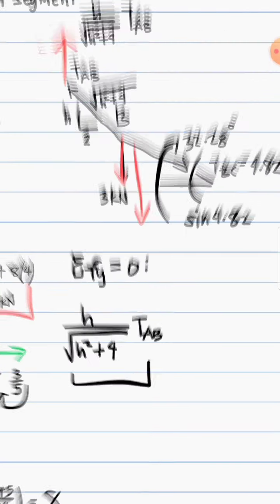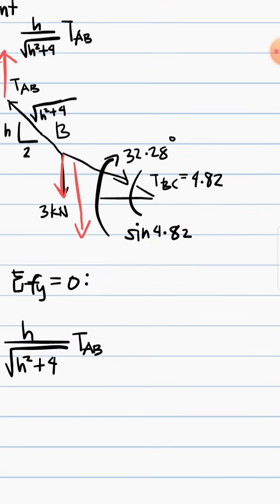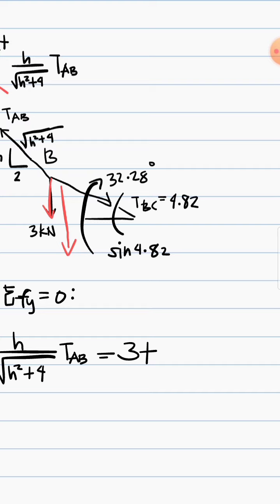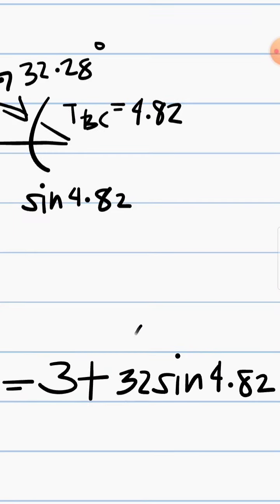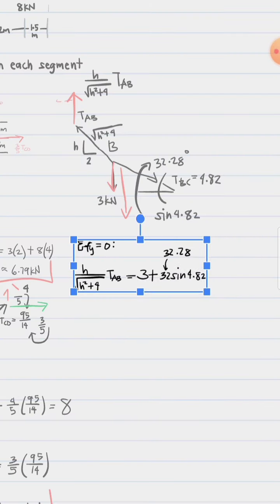So this right here is just basically that, and that's equal to downwards. So 3 plus TBC sine of 32.28, with TBC equal to 4.82. Then, that is equation 1. For equation 2,